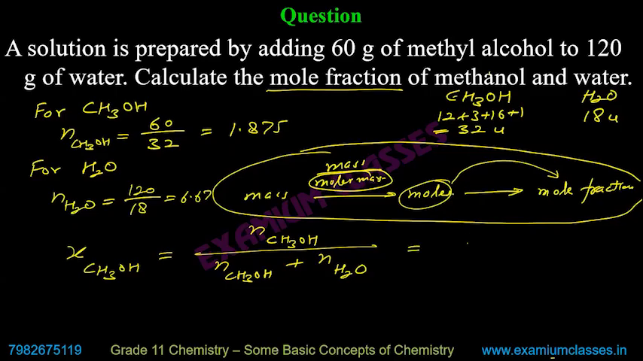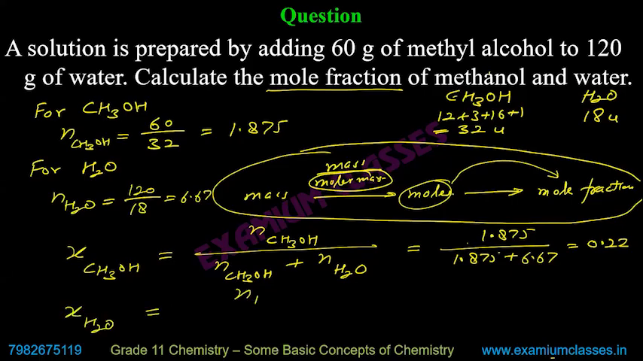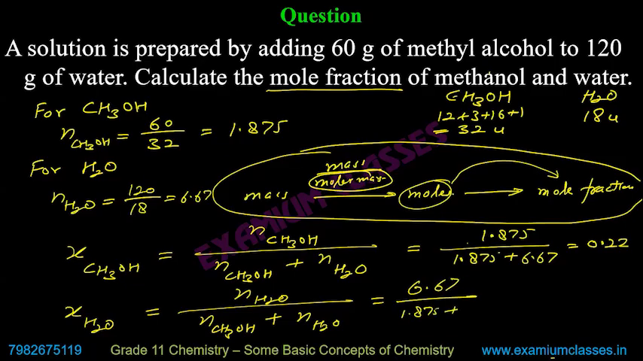That is 1.875 divided by 1.875 plus 6.67. When you simplify this one, you will get 0.22 something. Okay. Similarly, mole fraction of H2O will be number of moles of H2O divided by number of moles of methyl alcohol plus number of moles of H2O, that is 6.67 divided by 1.875 plus 6.67. When you solve this one, you will get